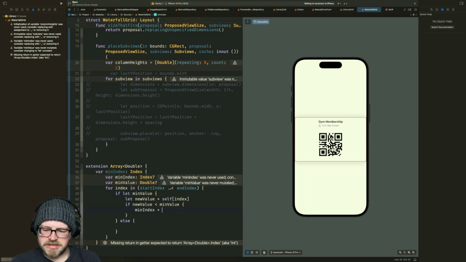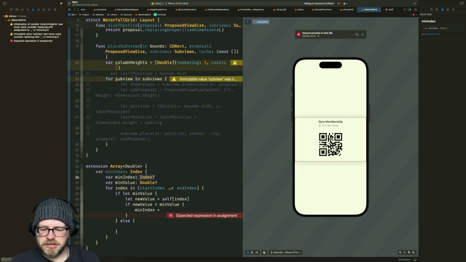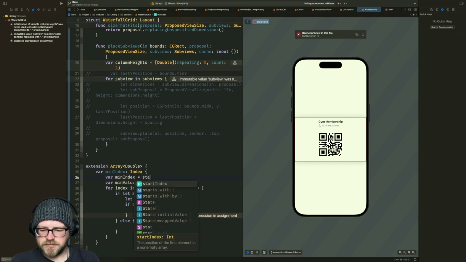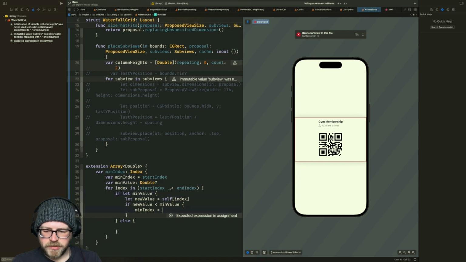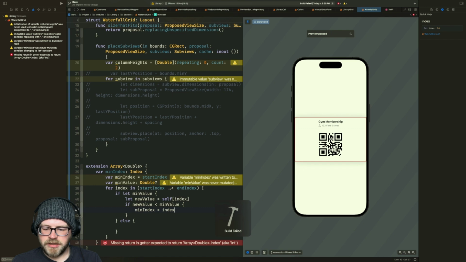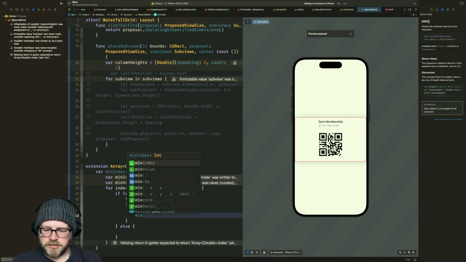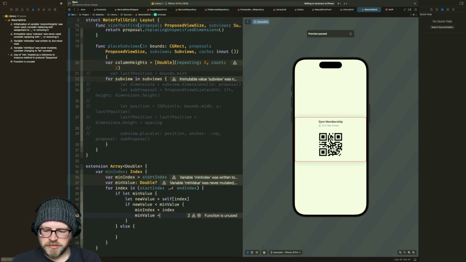Min index equals no, I definitely know what I'm doing. Min index equals the new index. This is what we're doing. And min value equals the new value. Else, min value equals